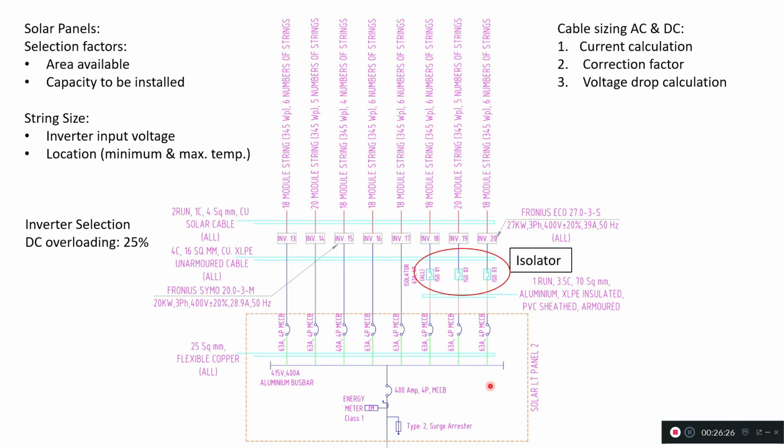But you need to confirm this from the datasheet as well as from your inverter supplier or manufacturer. Suppose the DC SPD is not available in the inverter, then you need to install it manually. You can choose the rating from 20 kiloamps to 25 kiloamps or maybe more, depending upon the chances of lightning at a particular location. If you want to know more about the SPD, refer to my video. The link is popping up on your screen as well as in the description. In that video I have mentioned the factors on which the selection of SPD depends. That will give you a brief idea and enough clarity about which rating of SPD should be selected for a particular application.